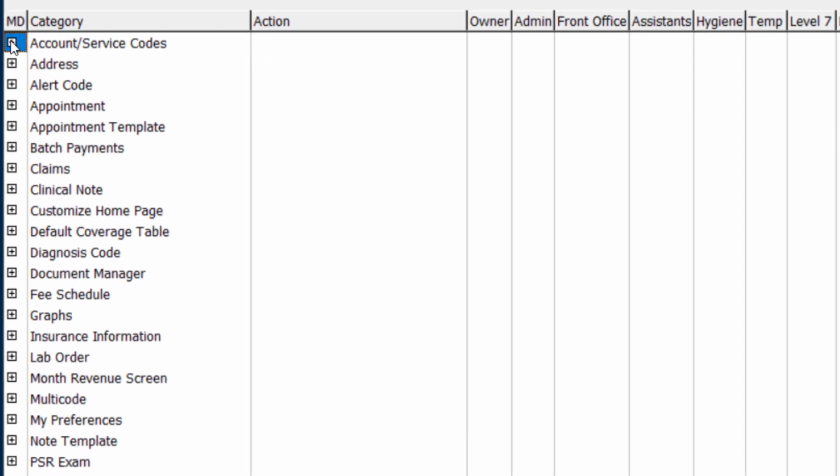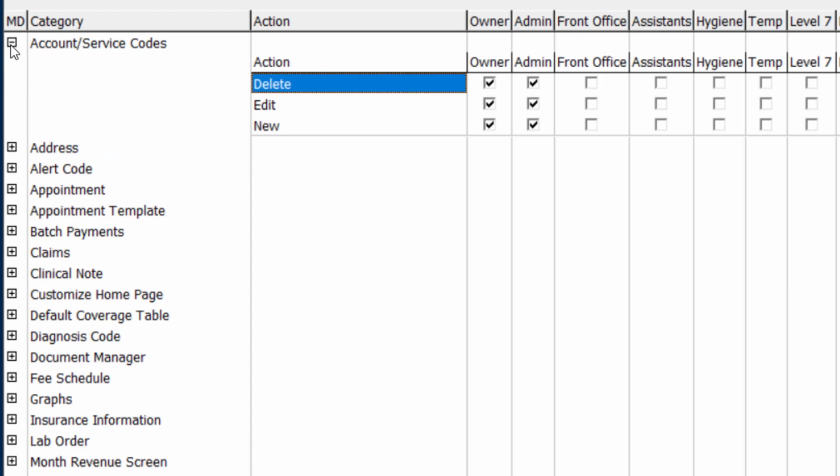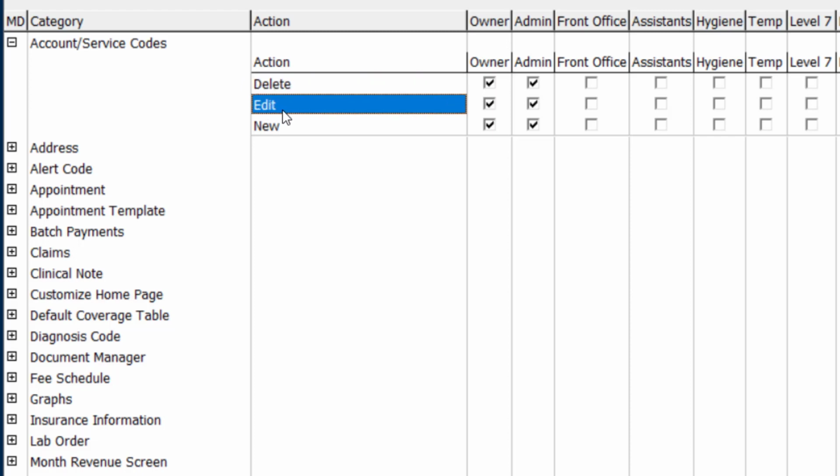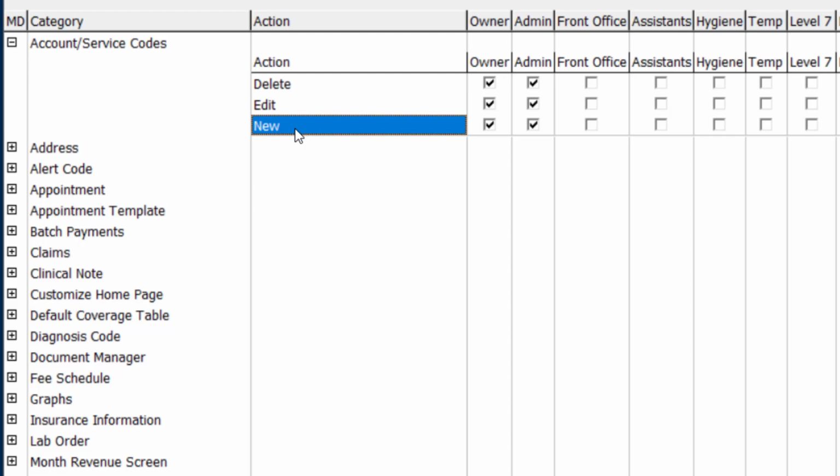So the first item we have here is who is allowed to set up account and service codes. If we click the plus sign next to that item, you'll be able to see the different options available. Who can delete an account or service code, who can edit an account or service code, and who can create an account or service code. Currently, I have it set up to where only the owner and the administrator can create new, edit, and delete